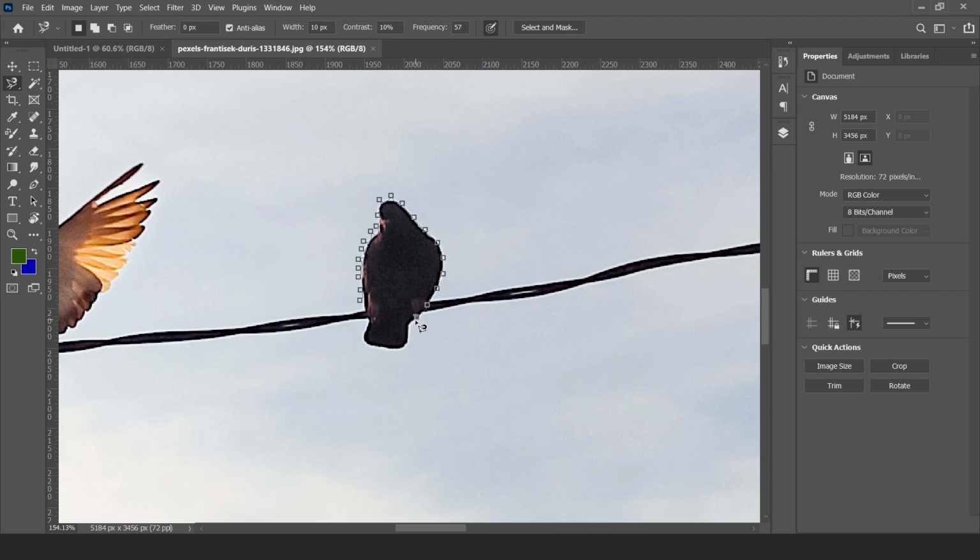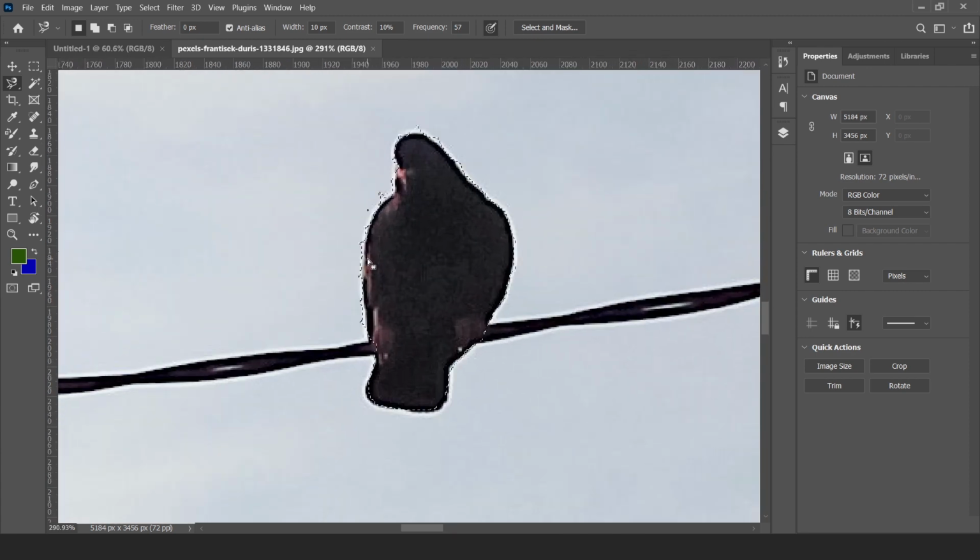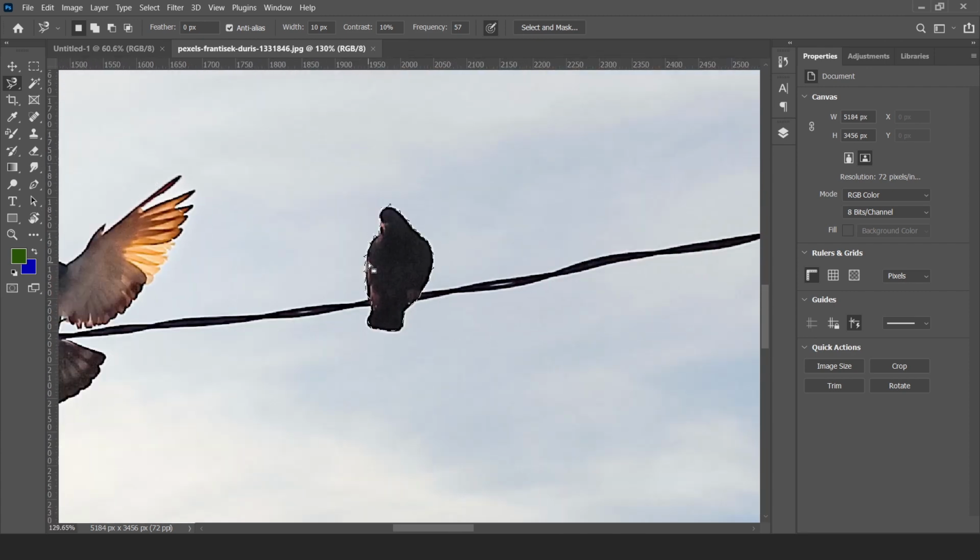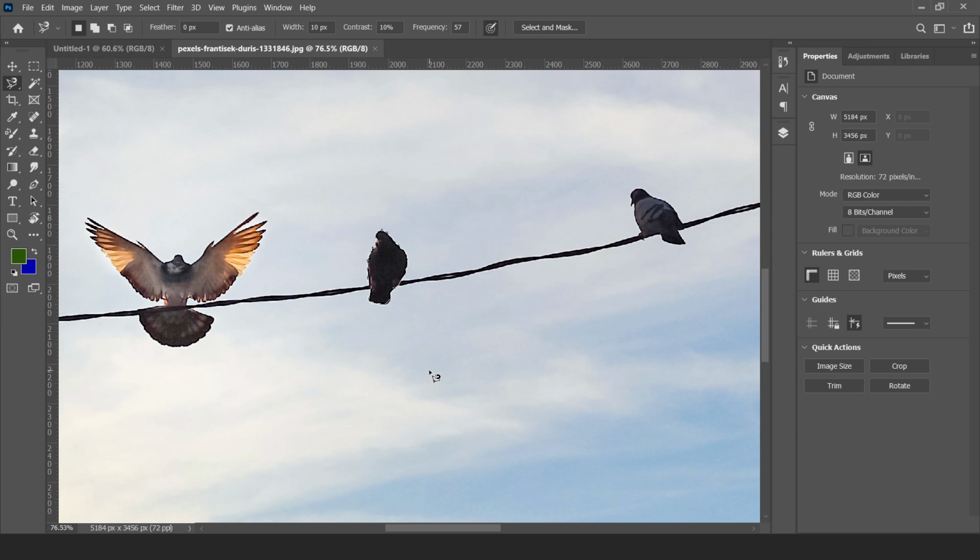See, just start with the single click. Here is our starting point, click, and our pigeon is selected. By pressing Ctrl D, we deselect the selection. So these are the selection tools of Photoshop: lasso tool, polygonal lasso tool, and magnetic lasso tool.